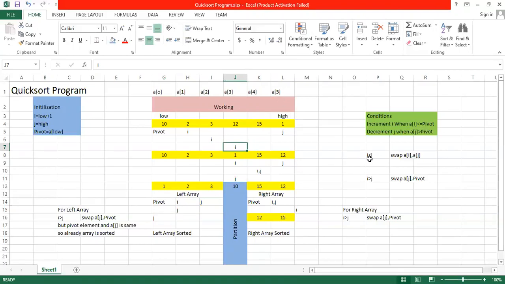So 3 is less than 5, the i value is less than j. At that time, what you need to do is swap a of i and a of j.